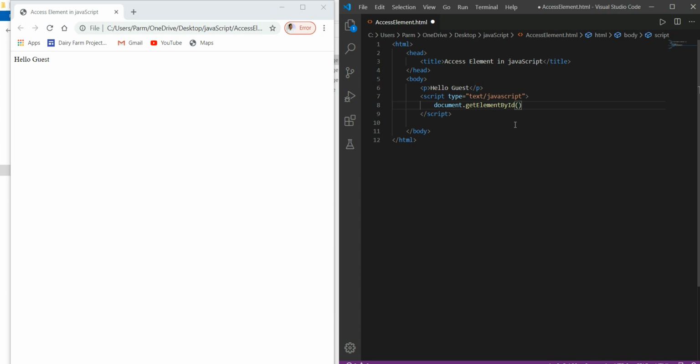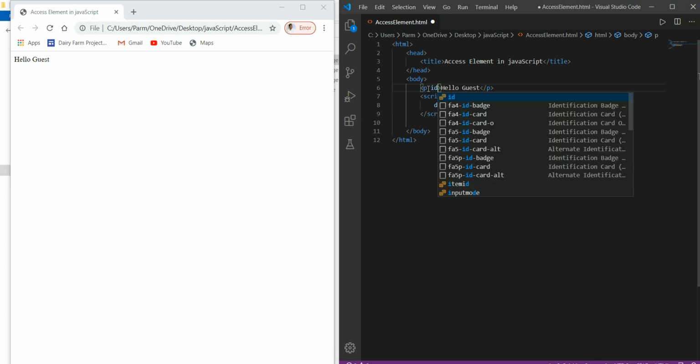So here we have to use the parenthesis. This takes a parameter as a string, so we have to provide the ID of the element. Which element we want to make changes to, for that we have to give the ID. In the previous CSS chapters we have learned the concept of ID.